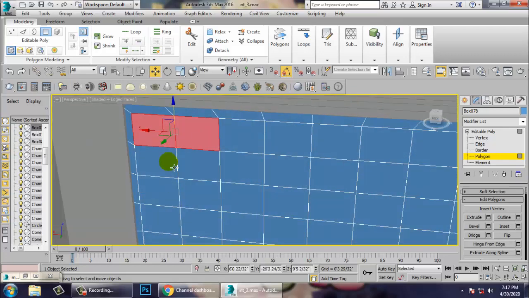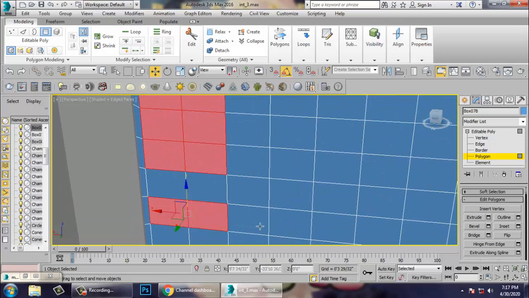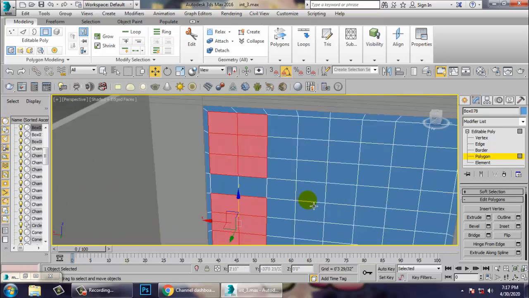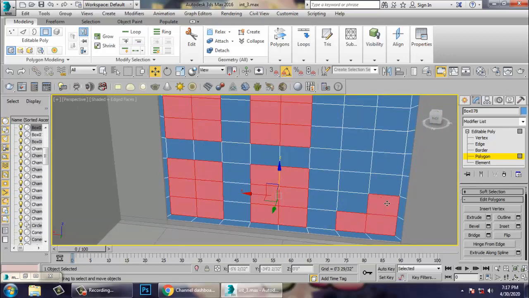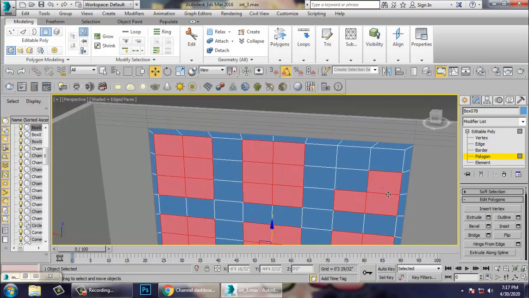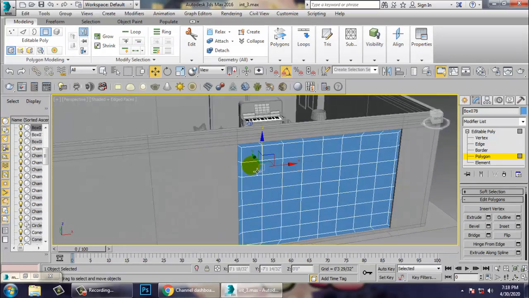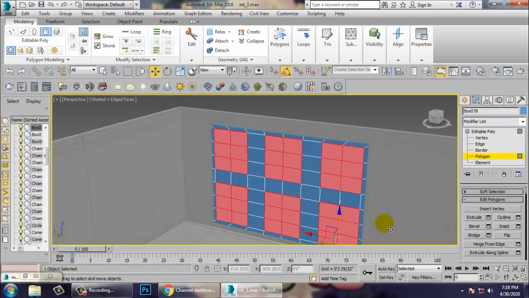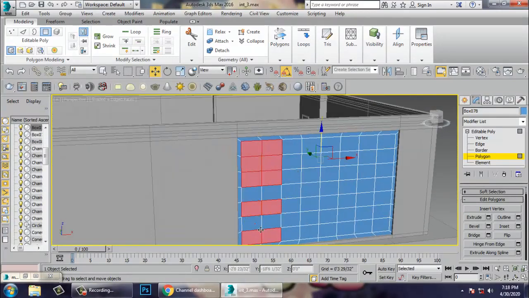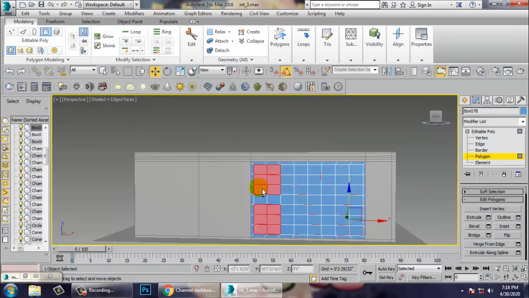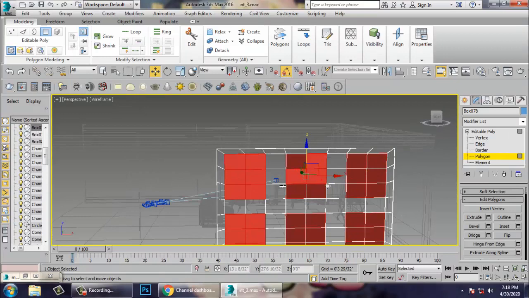So first we select this. So just go on selecting these polygons.